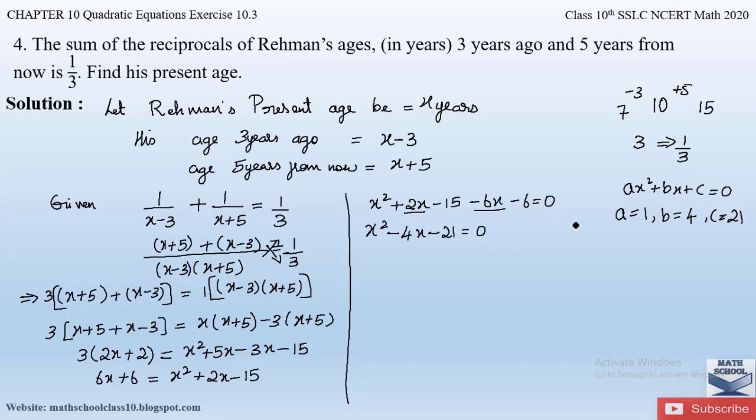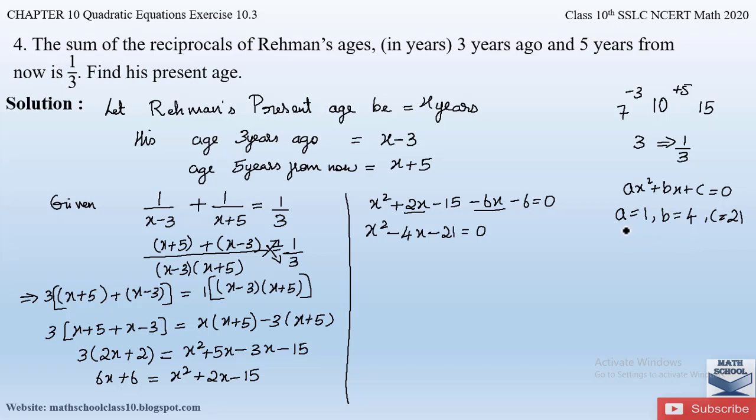To find out the roots by the method of splitting the middle term, we are only going to take the coefficients of x square, x and c. The signs we are not going to consider in this case. The detailed explanation for this method I have already given in my previous videos. If you have not watched that video, please find the link in the description box below, or you can click the I button above so that you have a better understanding of what I'm talking about here.